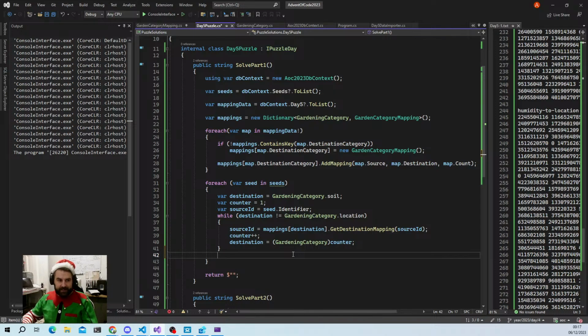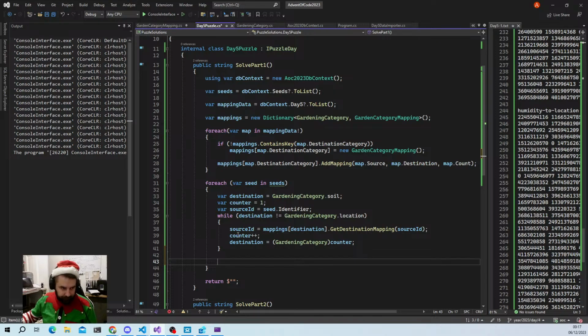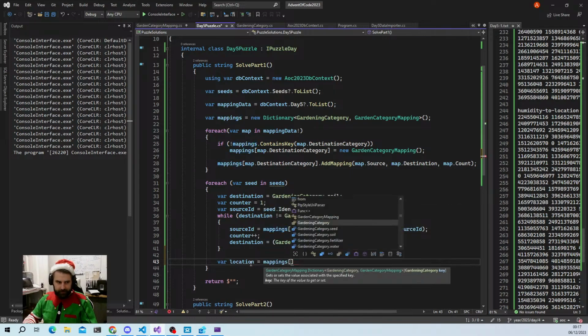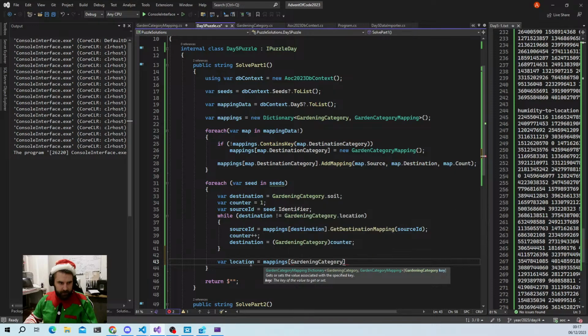when our destination is gardening category dot location, we're then going to do var location equals mappings gardening category dot location dot get destination mapping